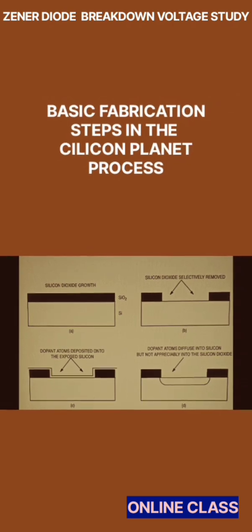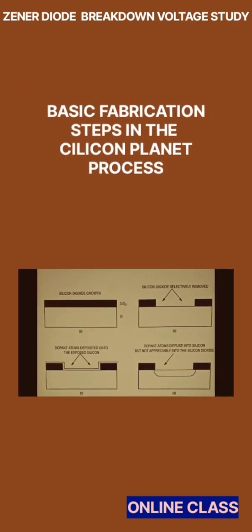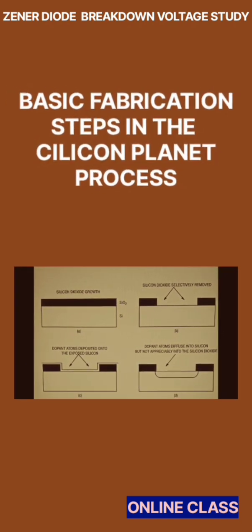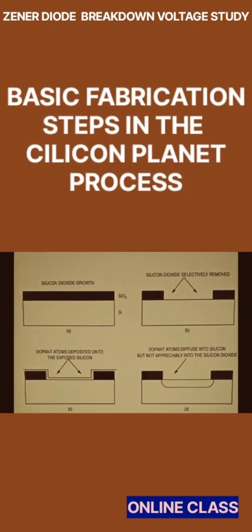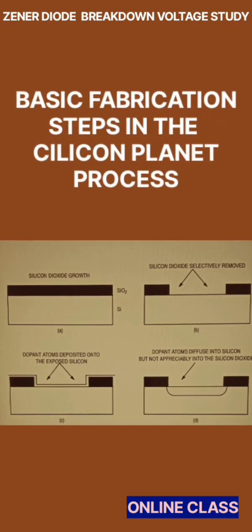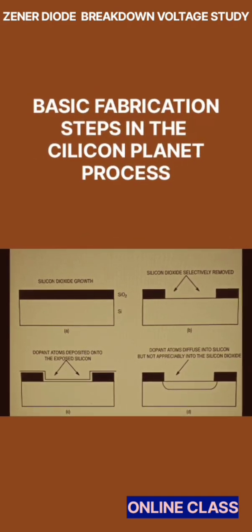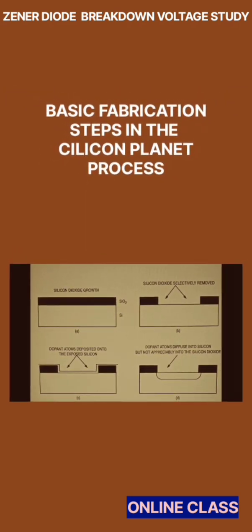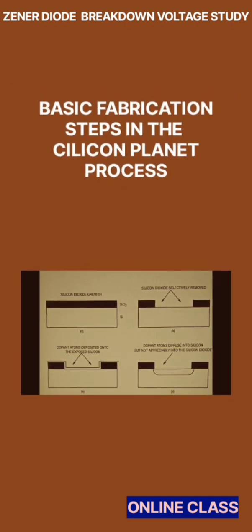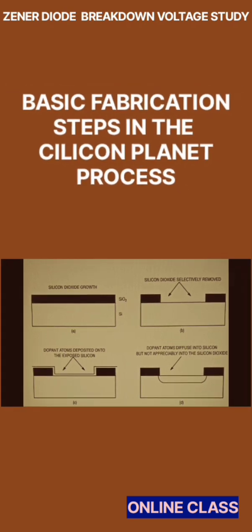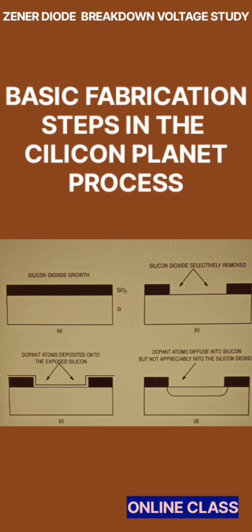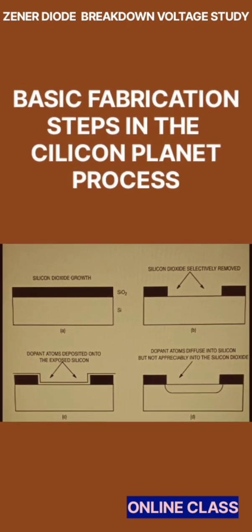After the getter process, a second photoresist step is performed to expose the contact area where the anode metallization will be applied. The metal systems used for ON Semiconductor zener diodes are based on the specifications of the package. These metal systems are deposited in ultra-clean vacuum chambers using electron beam evaporation techniques. Once the metal is applied, photoresist processing is used to create the desired patterns. The wafers are then lapped to achieve their final thickness, and the cathode metallization is deposited using the same electron